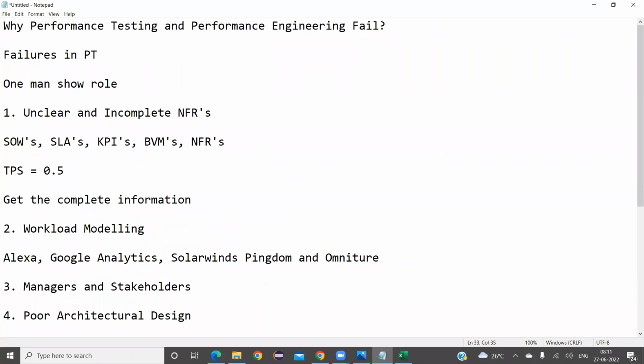Like I keep telling the same point, a good performance engineer must be a good developer first, right? So a performance engineer's job is so wide. Okay, it's a continuous learning technology. Even if you have it for the next 10 or 15 years, the trend of performance testing would change with the recent